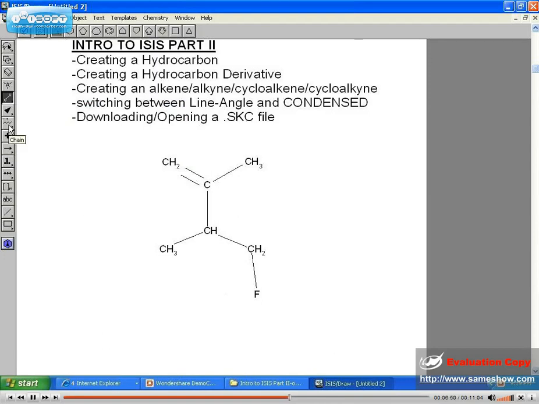This chain is pretty cool because it allows me to make immediate hydrocarbons by simply dragging it along. So I'm holding it, left clicking, and dragging it along. Pretty nice. If I wanted to go ahead and create a cycloalkane,